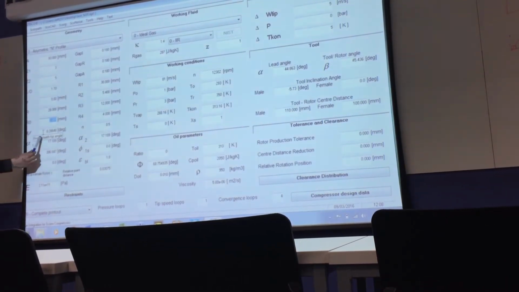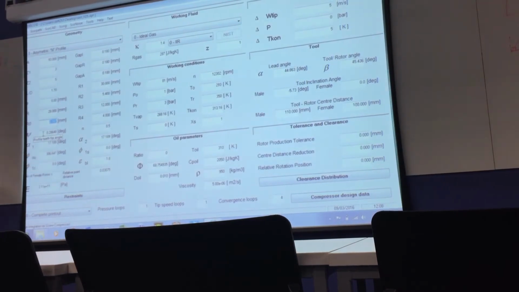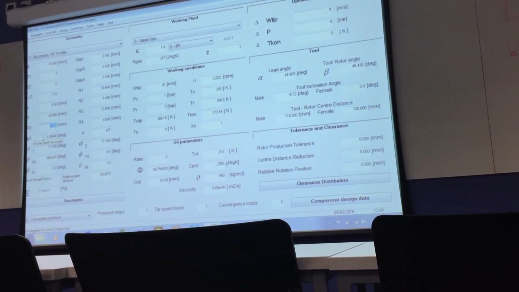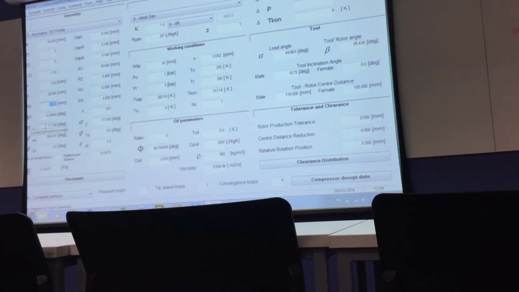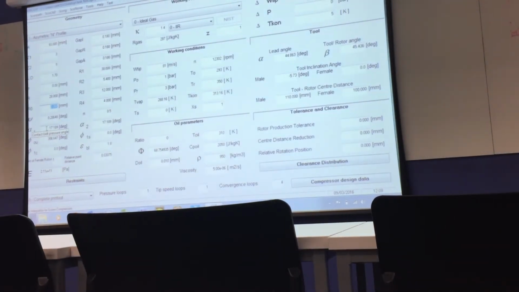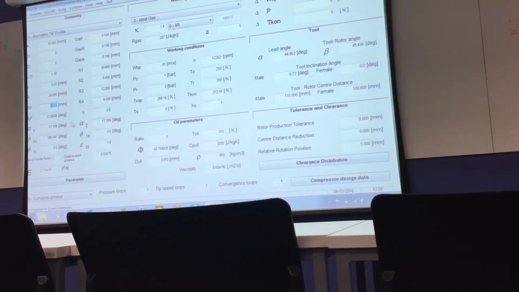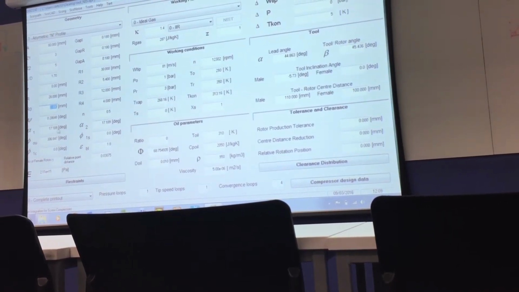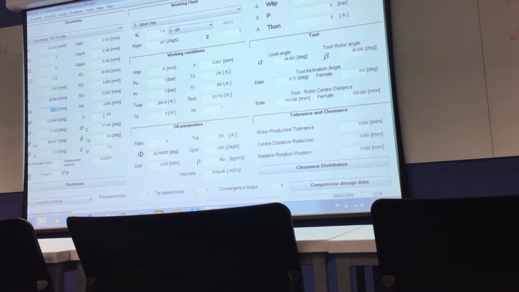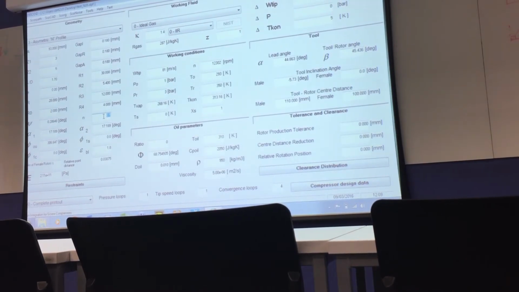Psi is called as the profile tip angle. Don't worry about it, just leave it default. Similarly, alpha 1 is the contact pressure angle, alpha 2 is the contact pressure angle on other side. These three angles you can leave it default. N is an exponent factor, you can leave it default.